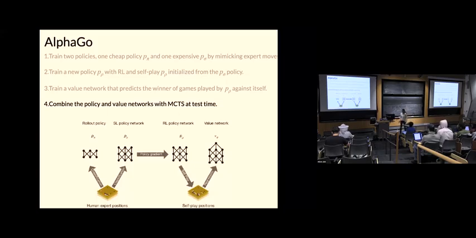Yeah, exactly. And to be honest, that process, apart from being super complex, if you remember how we described it, it's also this non-satisfying thing that what you train and what you test is completely different. So we train those value networks and reinforcement and those policies in a different way than we use them at test time. Of course, the better our policies, the better our Monte Carlo research would be guided, but ideally we want something uniform that we train and test in the same way. But do you have any questions from the AlphaGo paper?